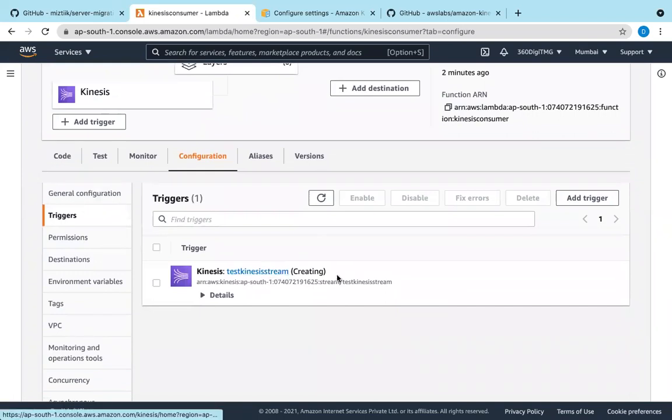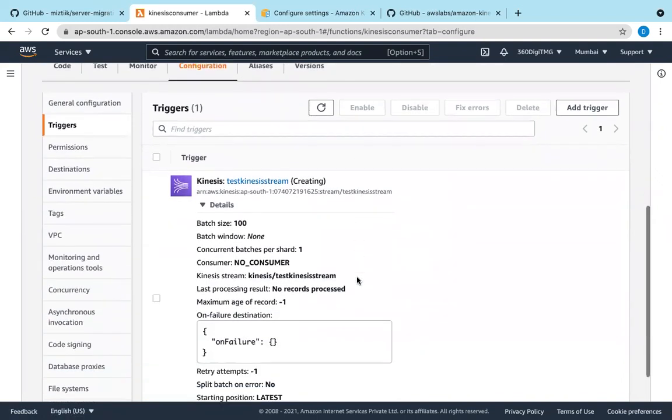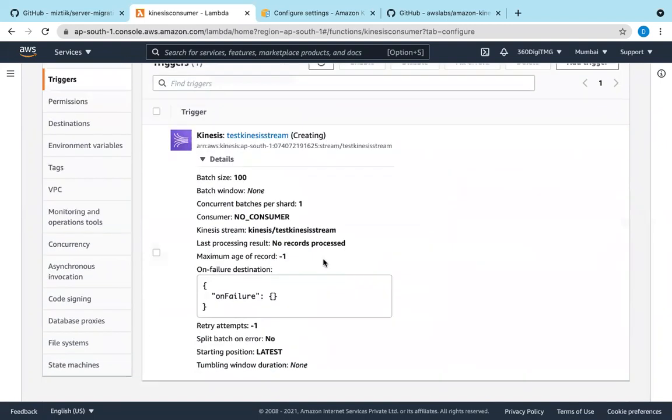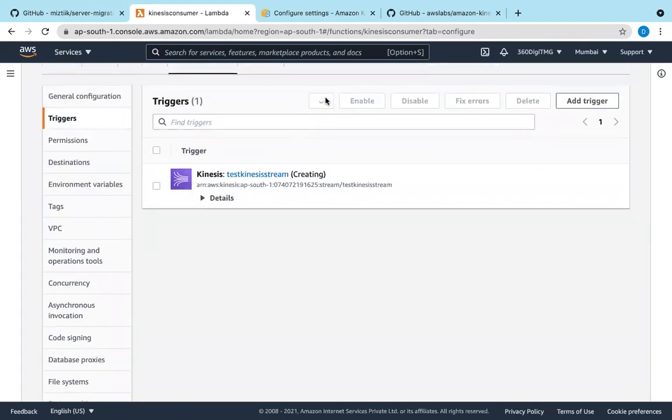Test Kinesis stream creating. Enabled. So the trigger is enabled.